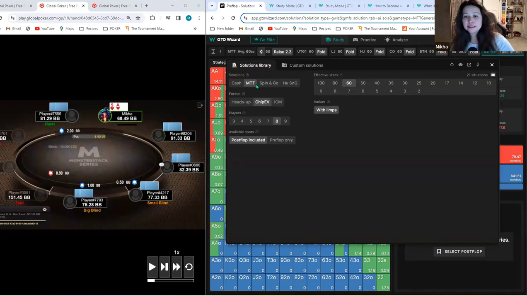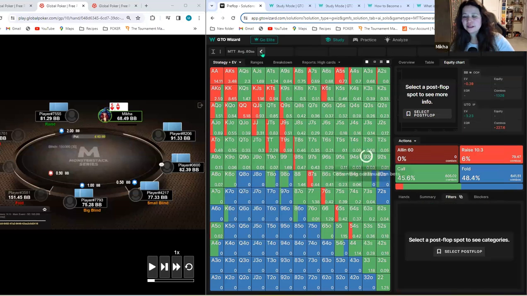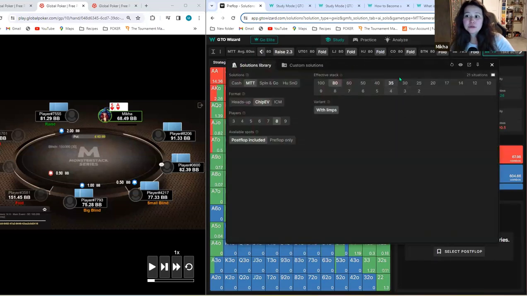So I'm at 60 big blinds now. I will round up to 80 because I think that's good. But I also want to know, what do I do at 50 big blinds in this spot? And I also want to know what I do at 30 and 17. So I might spend 30 to 45 minutes on one single hand to make sure that I'm looking at it